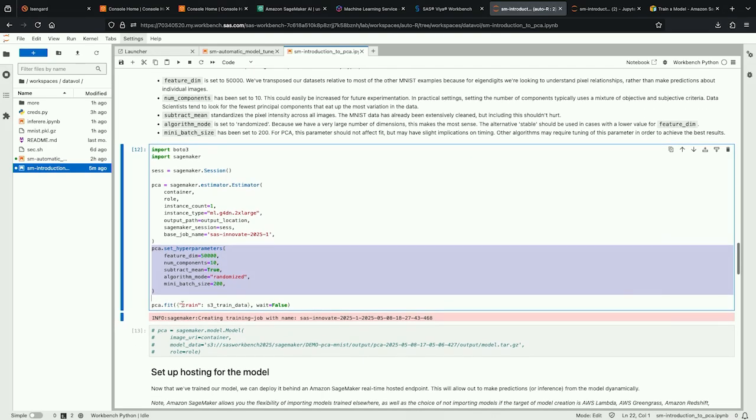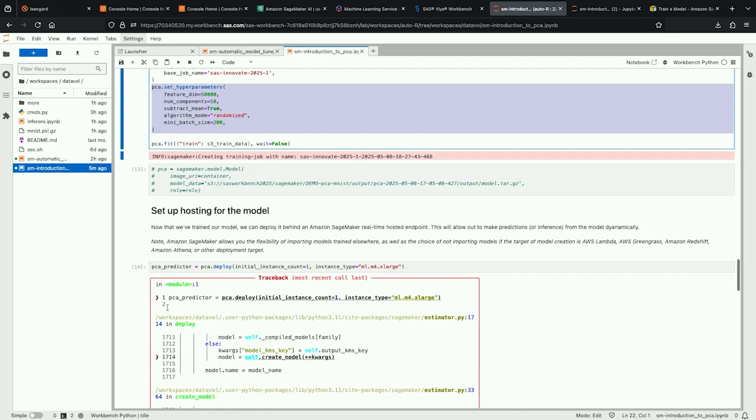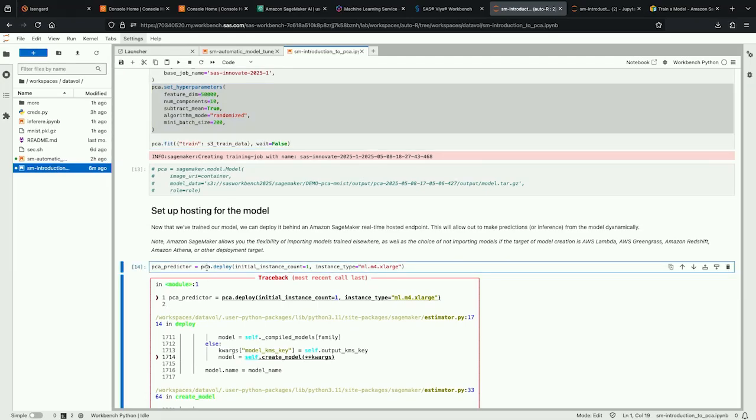Essentially when you call fit, it's going to run your training. And then once you have your training, that's where you click on deploy. Here, it's just going to deploy your model to an endpoint.